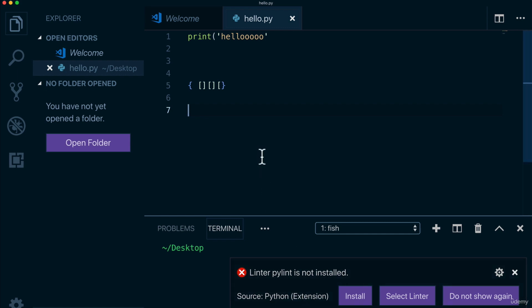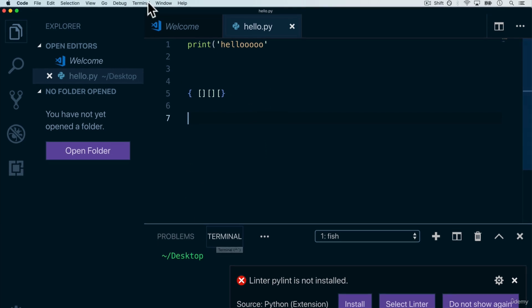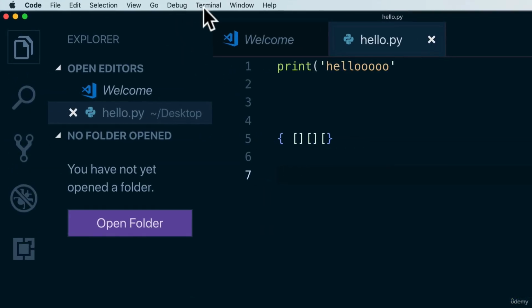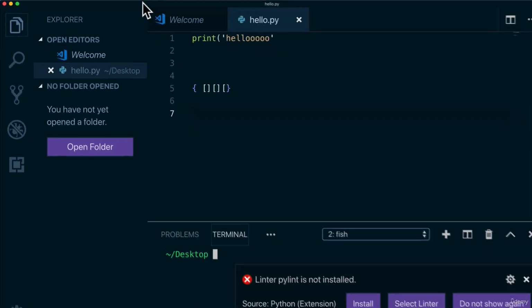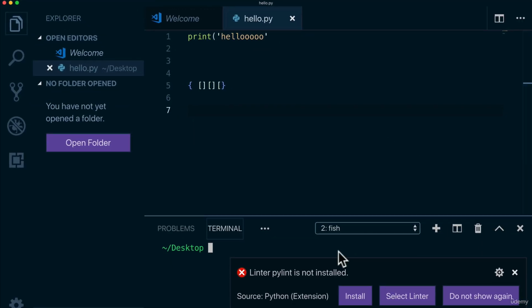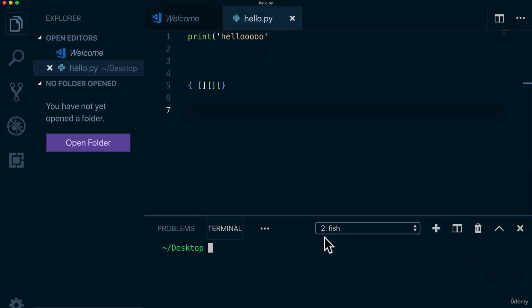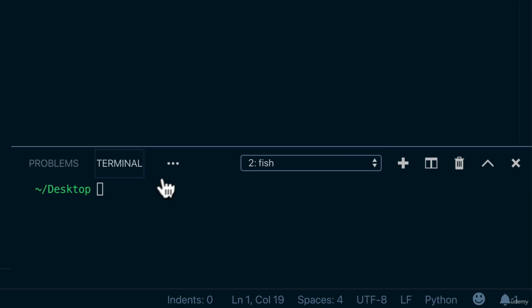The cool thing about Visual Studio Code is that you also have the terminal right here. If this isn't open for you, you can just click Terminal and just say New Terminal. Now in here, I'm going to close this for now. I can run my Python code, and let's make sure it's just a print.